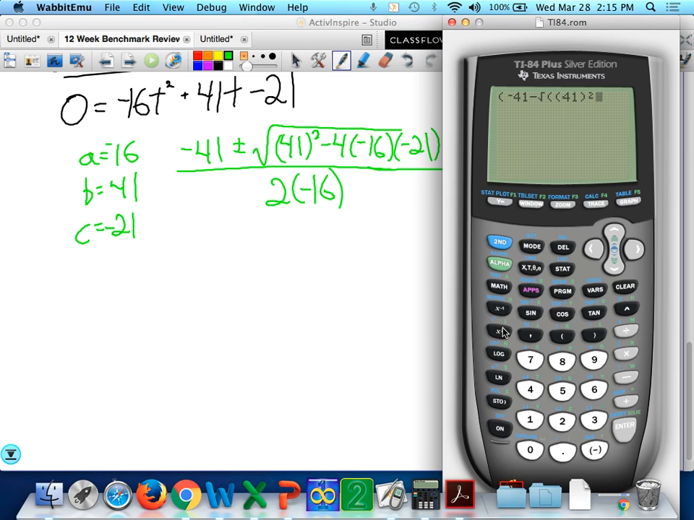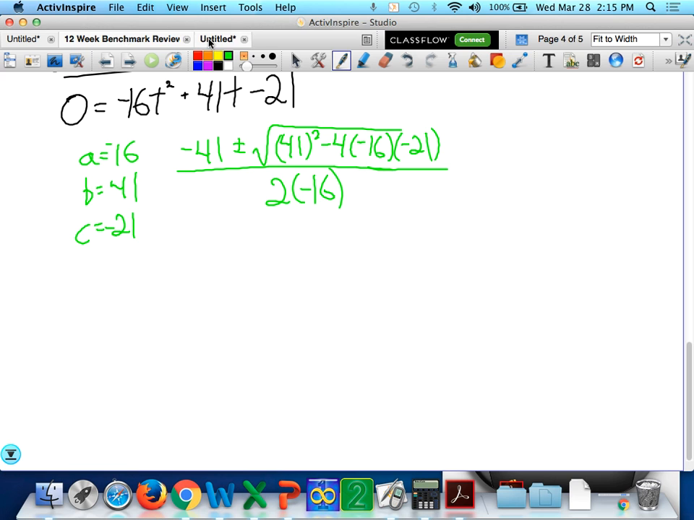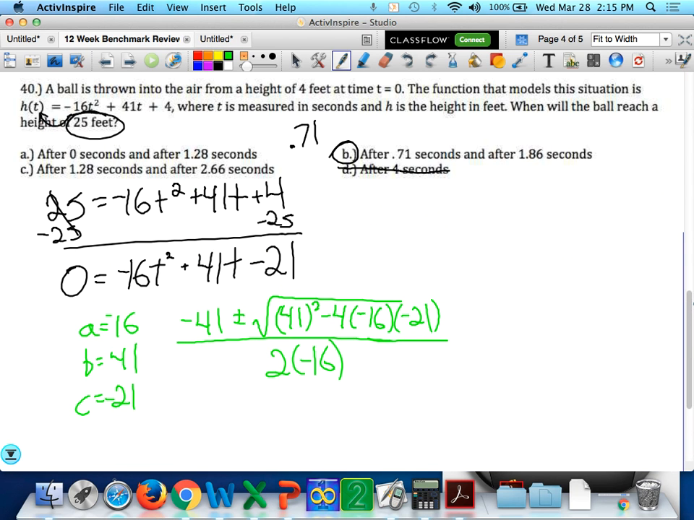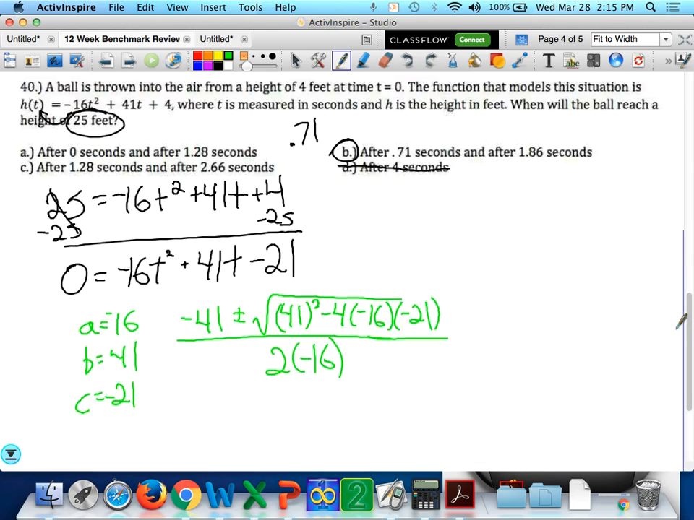41 squared minus 4 times negative 16. Let's make sure to type that in right. Negative 21. That's my 21. That's my radical closed. That's my numerator closed. Divide by negative 32. And we get 1.85. Okay? We get our 1.85. And that's what we want for this second. And that's what we wanted for